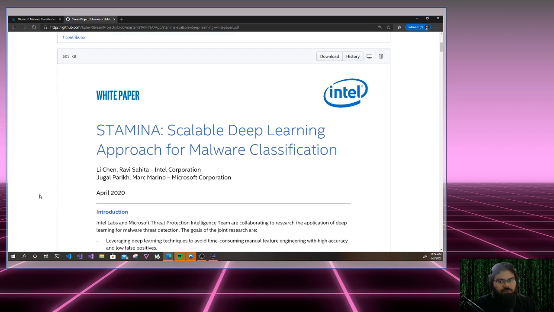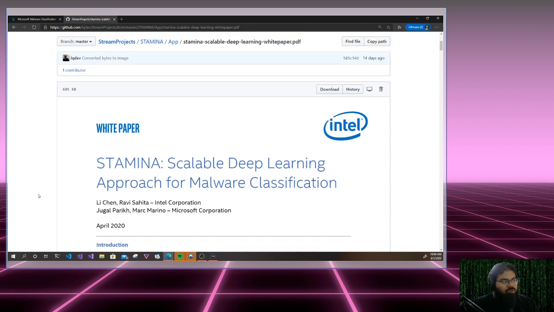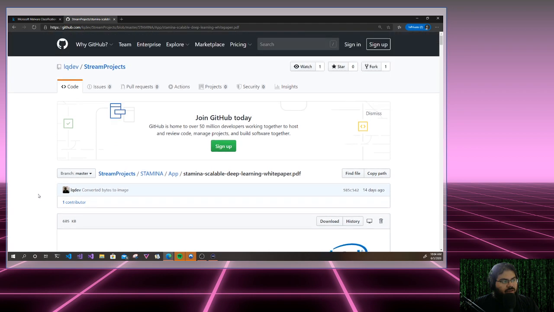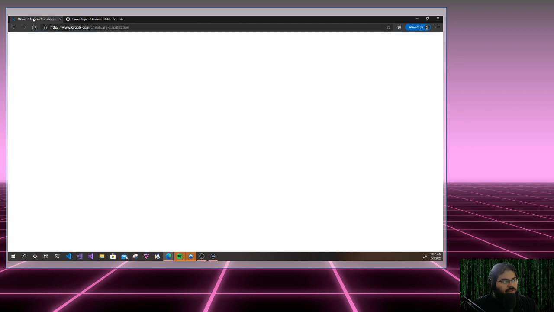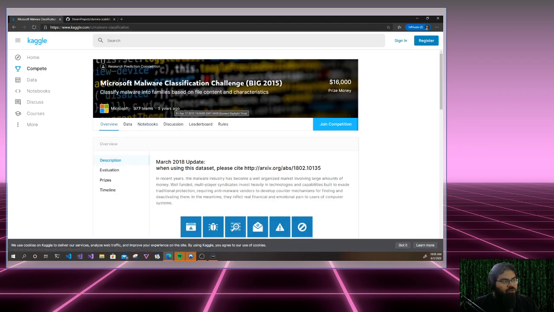In previous streams, we've had somewhat of success getting the files into binary and then converting them into images. So now the next step is we want to try that on a larger data set. And for the larger data set, we're going to try to use this Microsoft Malware Classification Challenge